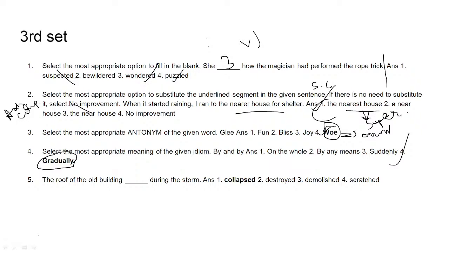Synonyms basically, antonyms तो नहीं, antonym मतलब opposite. Synonyms आते हैं जो same meaning के आते हैं, लेकिन every verb cannot be used everywhere, right? So our number one option is what? Collapsed. Collapse मतलब ध्वंस हो जाना, गिर जाना. Destroyed मतलब ध्वंस, मतलब सब नष्ट हो जाना. Demolished मतलब क्या है? See, demolished मतलब किसी ने अगर गिरा दिया, that is demolished. Demolished by someone. लेकिन अगर storm में खुद से गिर गया, that is collapsed.